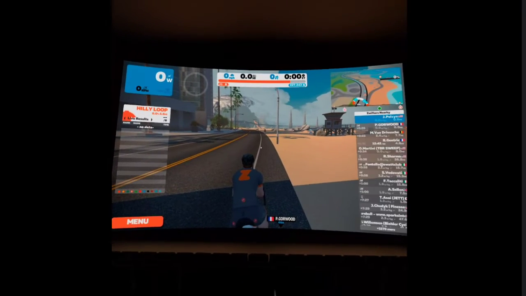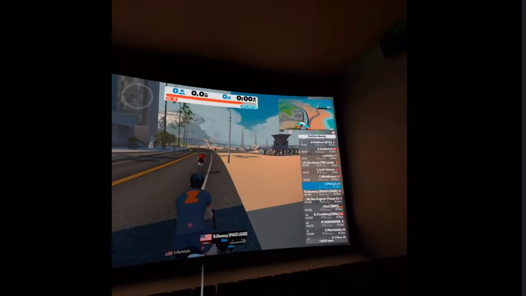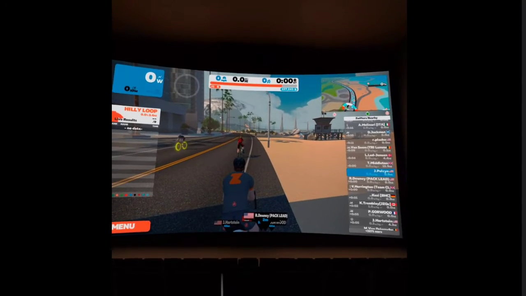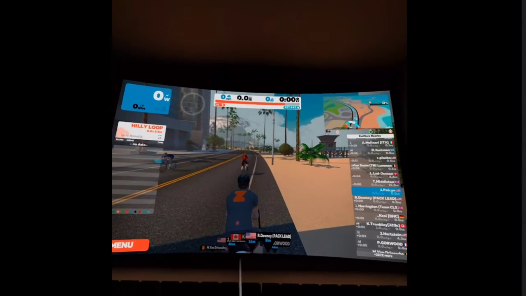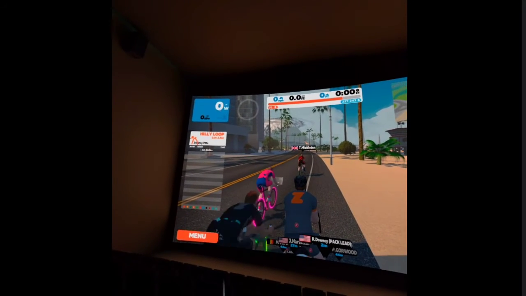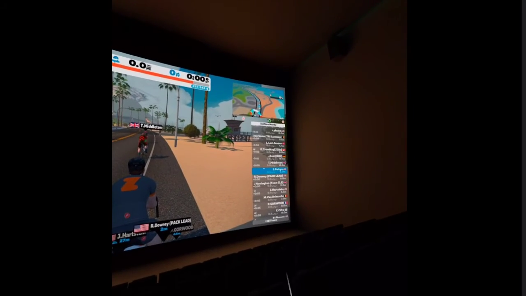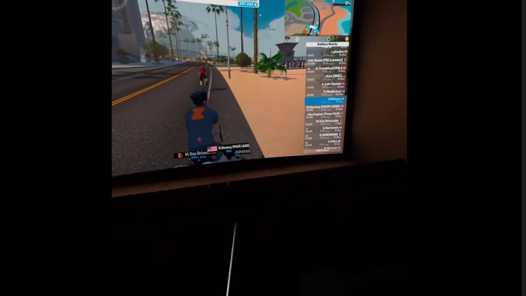Now what we're seeing right now, and hopefully you can see this dot, I'm not sure, but anyways, you're seeing a lot of information on your screen. So when you go into side-by-side mode, it doesn't look good because it splits it on each eye. So what you're going to want to do to get rid of this display where it shows your miles and your cadence and your wattage and all the list of people that are Zwifting, is you're going to want to go to your keyboard on your PC,